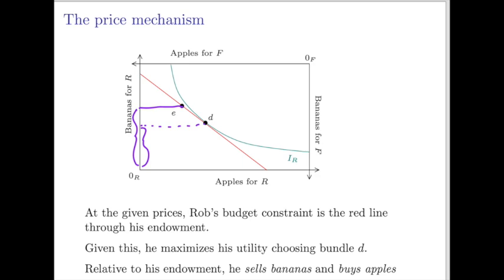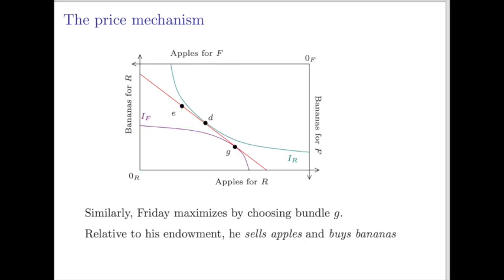However, he started with this many apples, but at this bundle D, which is his optimal bundle at these prices, he consumes this many apples, which is more apples than he started with. So what he's doing here is selling bananas and buying apples. Okay, so similarly, we'll have Friday